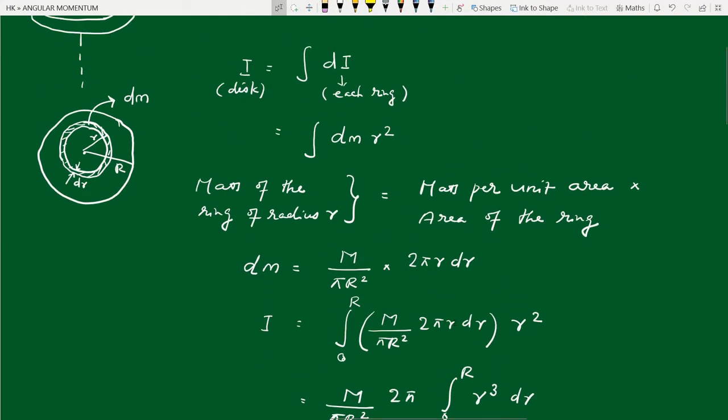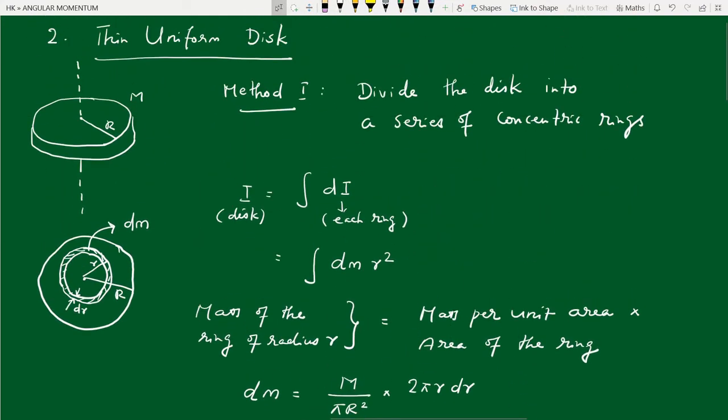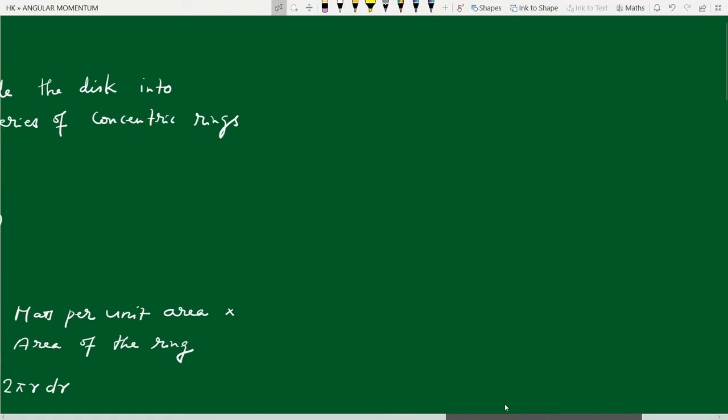In this method, what we have done is we have assumed that a disk is composed of a series of concentric rings, or we have divided the disk into a series of concentric rings. Now we will do the same problem using the second method. In this second method, what we do is